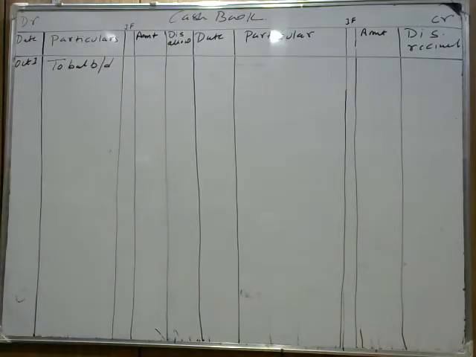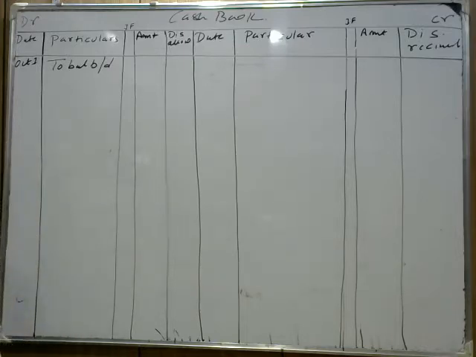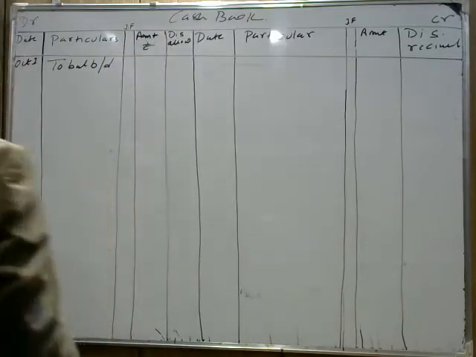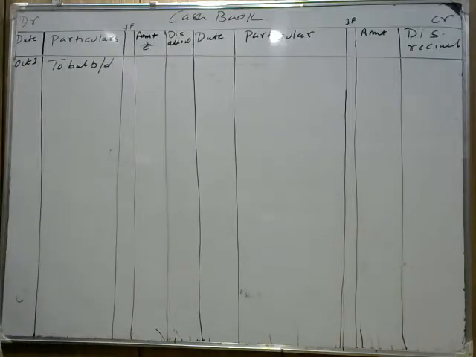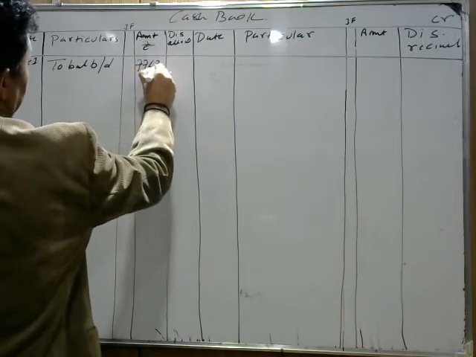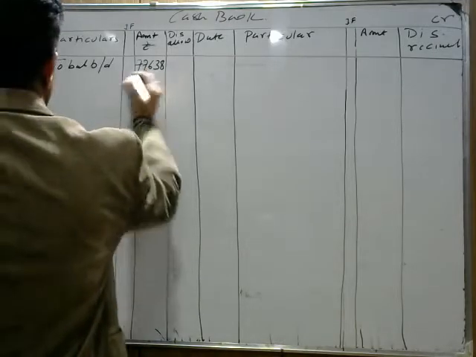जितनी भी asset होती है we have a debit balance. तो asset का opening balance this is given to us. Simply write how much cash we have, amount in rupees. So we have a balance of rupees 77,638. We write 77,638. I hope you are all able to see it. It's 77,638.